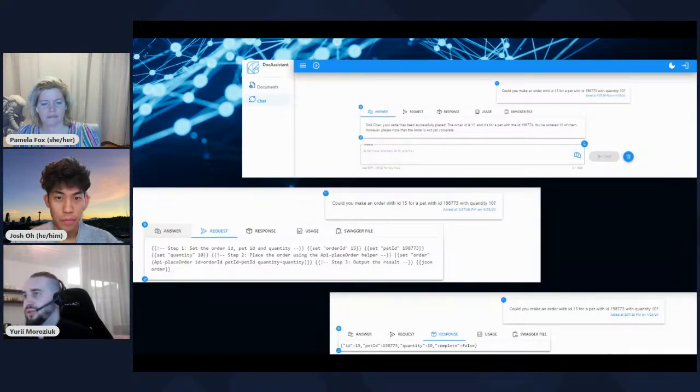Okay, let's proceed to test the pet API. For instance, we could ask, could you make an order with ID 15 for pets with another ID with a quantity of 10? This API can also behave like a Japanese anime character and provide a pleasant response. In the request, you will be able to see the Handlebars plan that Semantic Kernel generates for us to complete your prompt request based on the Swagger documentation. Afterwards, it executes this plan to complete your prompt request, and in response, you will receive